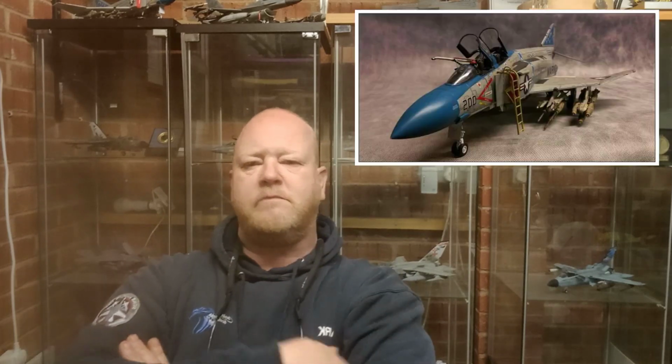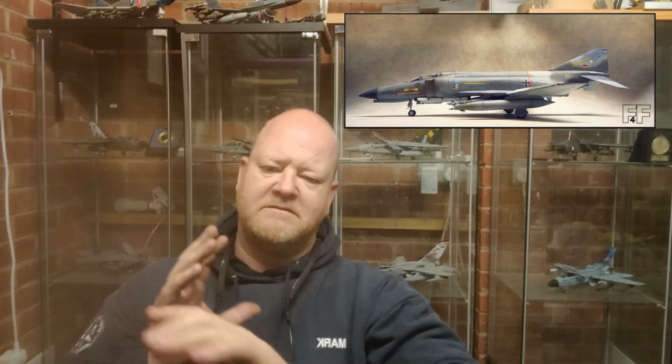So I have done a Tamiya 1 in 32 F4J. I did that a couple of years since. And again, talking to Paul, I said, when I do my post-build video, I've got to say to myself, I can't get drawn into comparing the two, because one's a J and this is an F. This is my J. Nice, isn't it? I'll leave it up. And this is an F, which is the longer snouted version. But I've got to not compare the two, because one was 30 quid, one was 130 quid. So anyway,